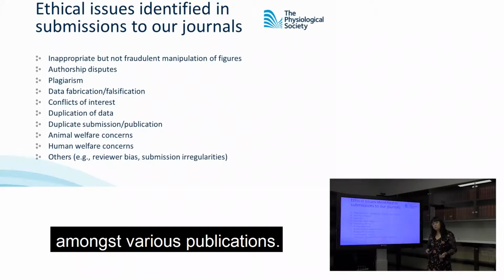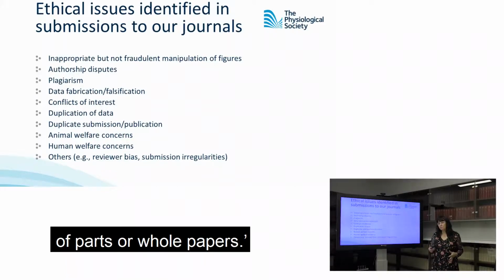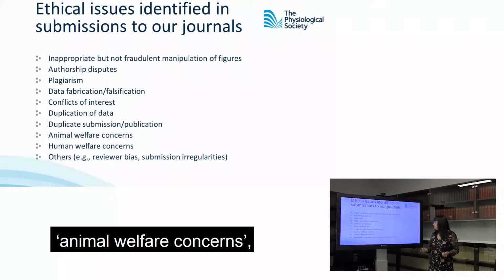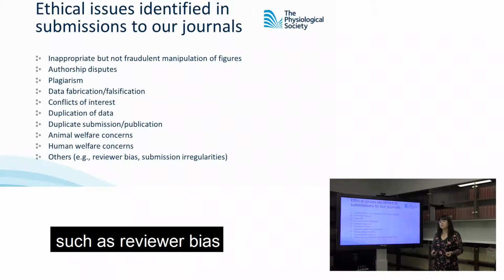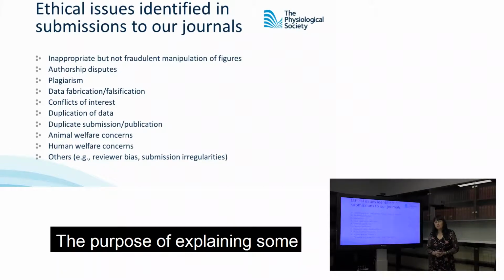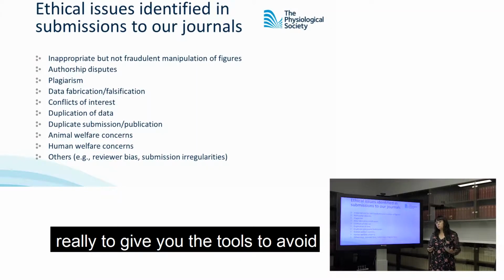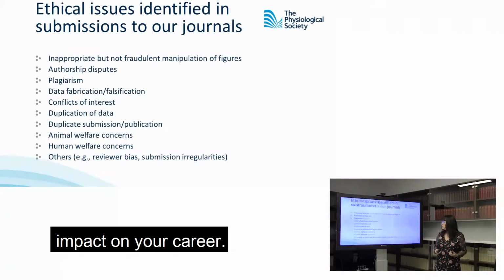Duplication of data amongst various publications. Duplicate submission and publication of parts or whole papers. And then of particular concern for physiologists, animal welfare concerns, human welfare concerns, and more rarely other issues such as reviewer bias and irregularities in submission. And our purpose in explaining some of these ethical issues to you is really to give you the tools that you will avoid falling into any of these pitfalls, because it really can have a very significant impact on your